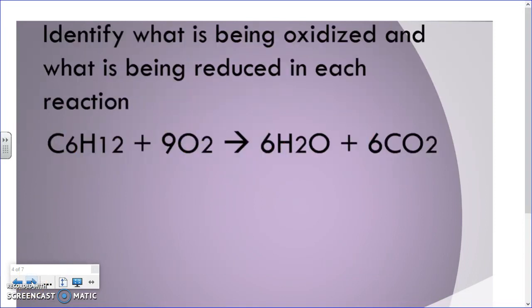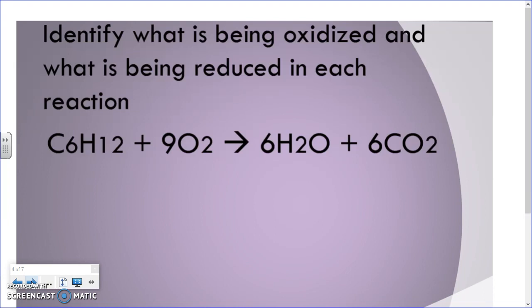So, what I would want you to do now is pause the video and see if you can figure out in this reaction who's being oxidized and who's being reduced. And then I'm going to explain it, so that's what I would do if I was watching this. But, so pause it now, and then, okay, now that we're back after you've paused it, in this reaction you'll